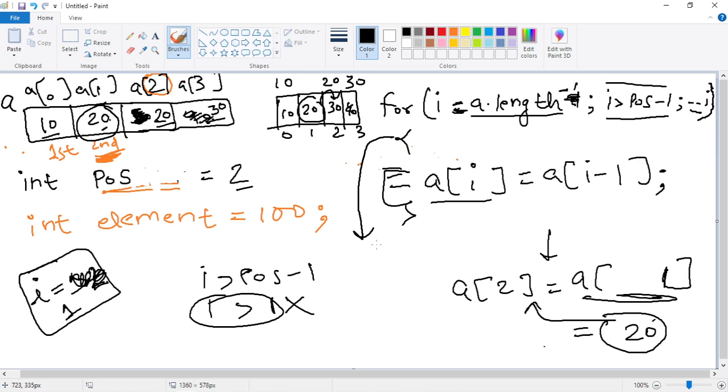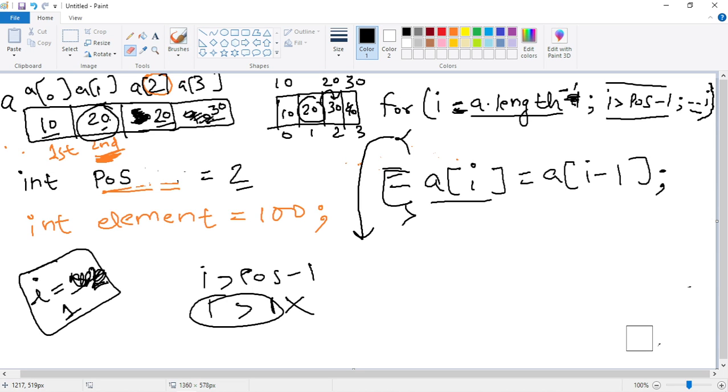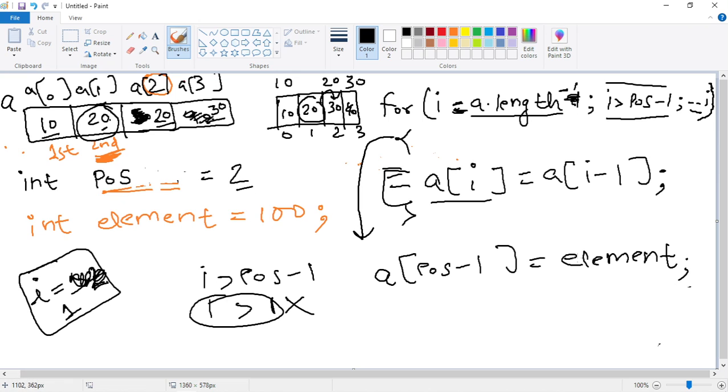So after coming out of the for loop, I will simply say A of POS minus 1 equals element. Element is our variable name which has the actual value which we need to store. So position is 2, which is given by the user.